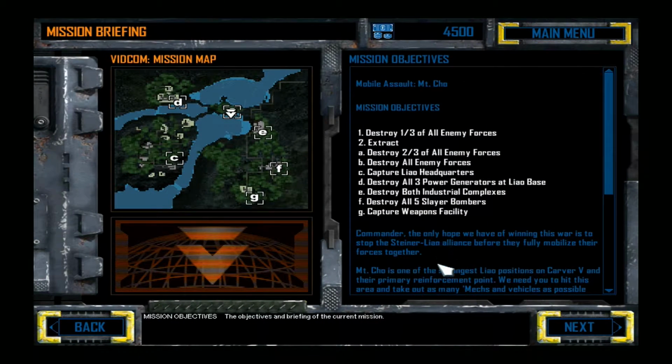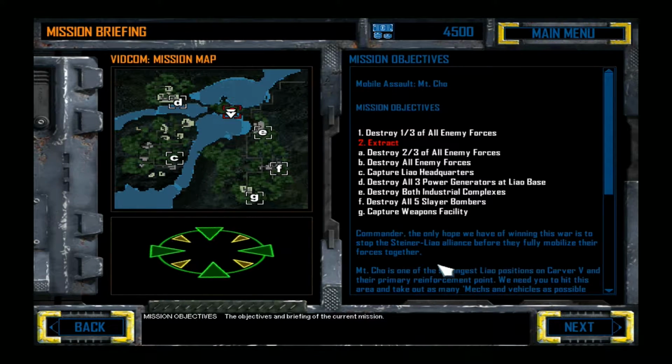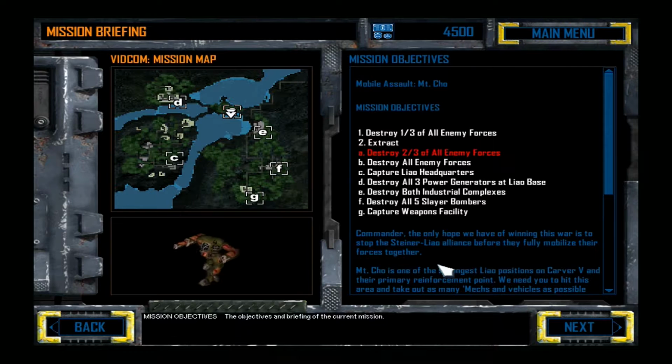A lot of objectives, so let's go through them one at a time. Destroy 1/3 of all enemy forces. Extract. And then we have a secondary objective of destroy 2/3 of all enemy forces. Destroy all enemy forces. Capture the Liao headquarters. Destroy all 3 power generators at Liao base. Destroy both industrial complexes. Destroy all 5 Slayer bombers. And capture weapons facilities. So a lot of secondary objectives. It looks like really our mission here is to do as much damage as we possibly can to